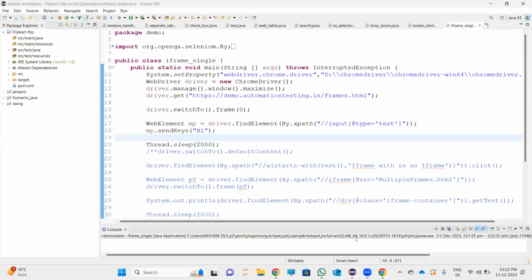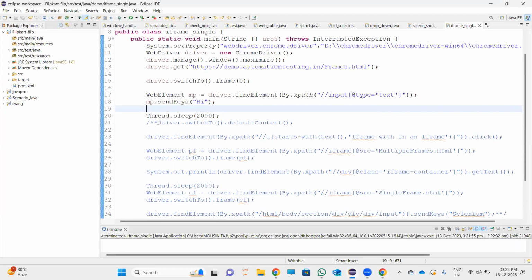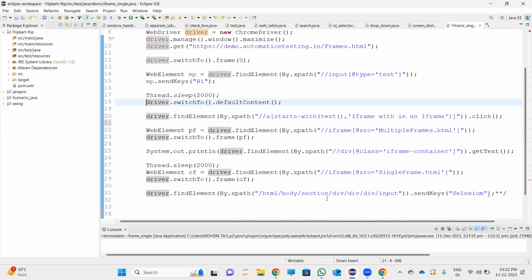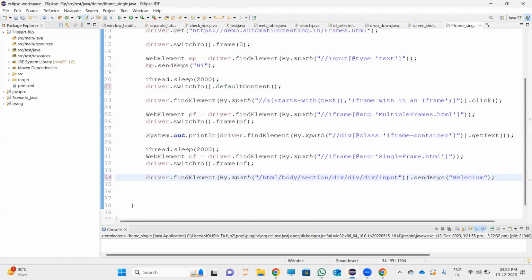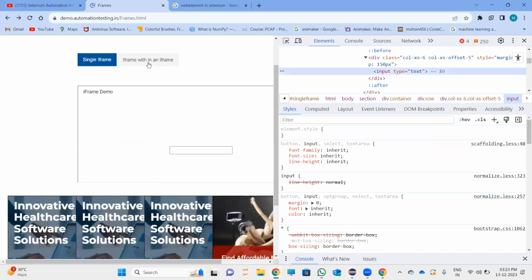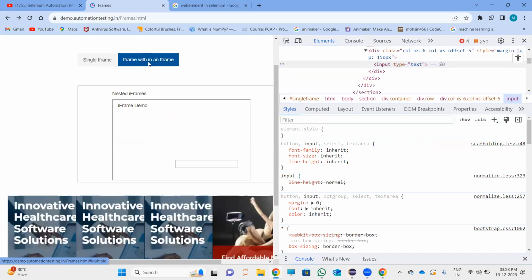Then the next set of code is here. I'll take this comment. This Thread.sleep, as usual, we use for waiting. For 2 seconds I'll wait, to slow down the process so I can look into what the process is going through. This switch to default content will move us to the default content. After that, we have to move into this multiple frame. As you can see here, if you want to move on to this frame, you have to click this button. To click this button, what we are going to use is